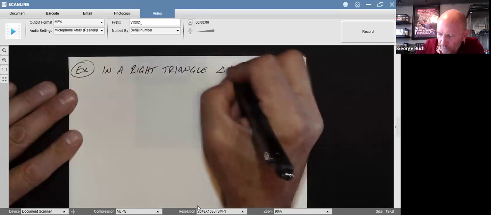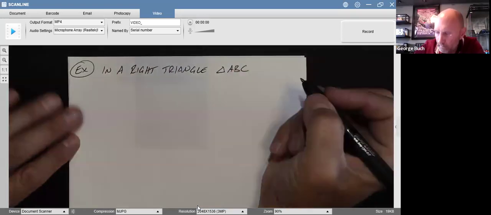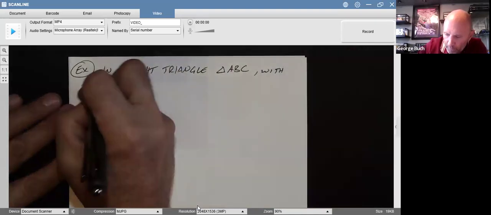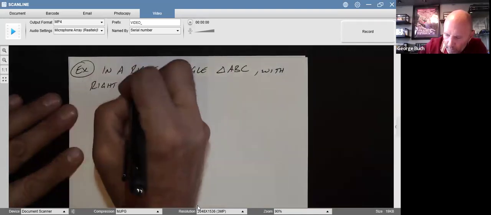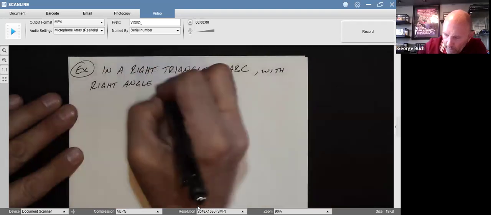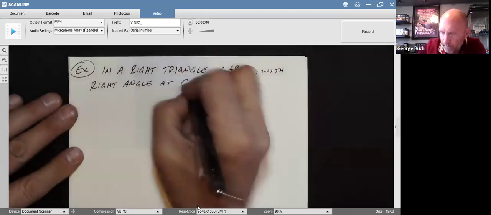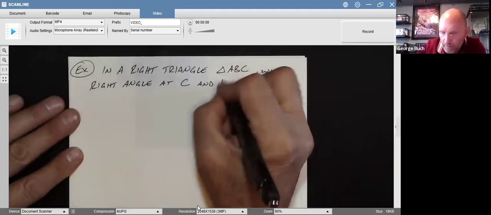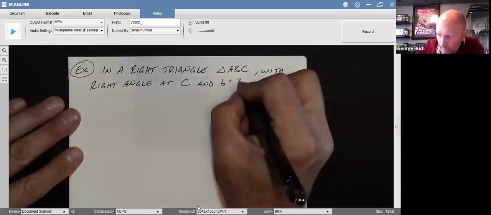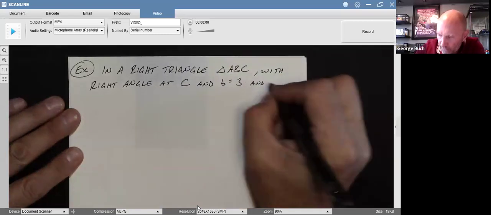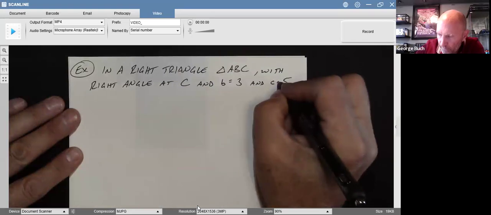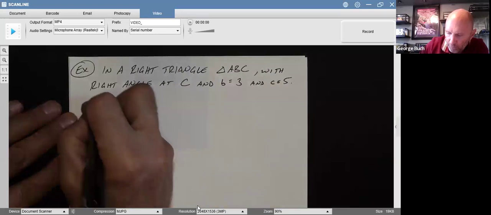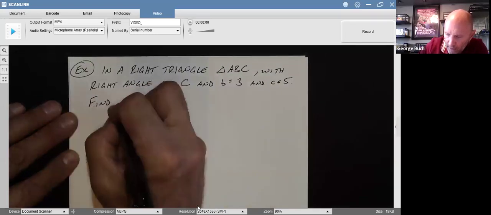So triangle ABC with right angle at C and side B is equal to 3 and side C is equal to 5. We want to do the following. Find the missing side A